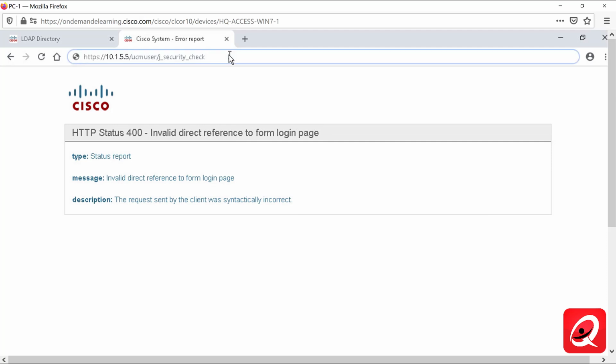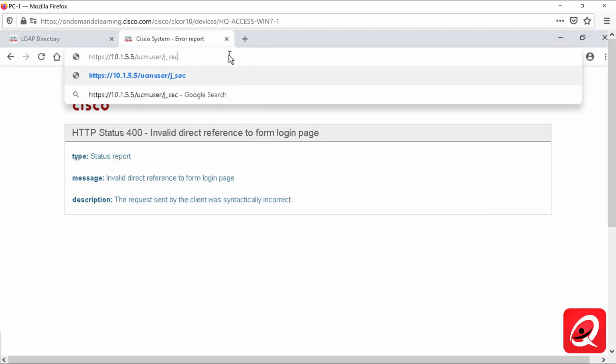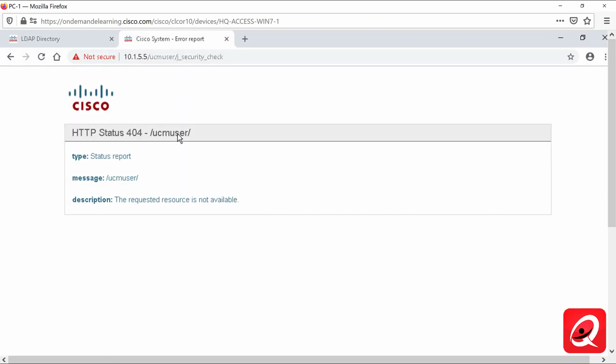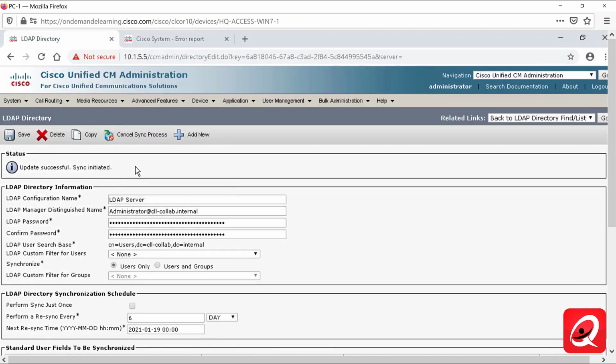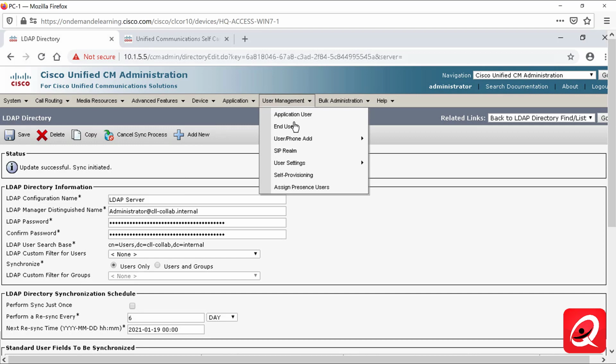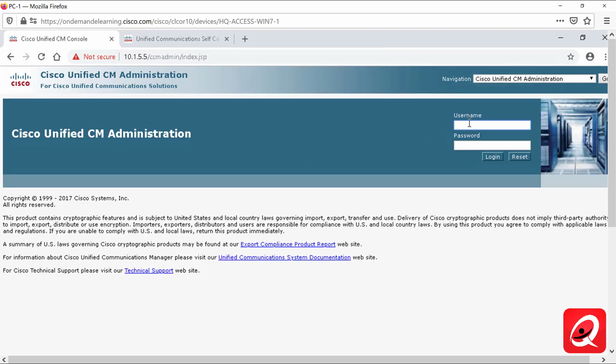Well, that's interesting. Haven't seen that before, logging into the user here. Try that one more time. Oh, that's interesting. Why is it saying that that's not available? All right, I just refreshed the screen and it was able to authenticate. Not sure why I was getting that error previously. Maybe because I was doing an active synchronization at the time and we couldn't authenticate when we were synchronizing. But in any event, we were able to authenticate now with the password that was synchronized from our LDAP directory. And if I go to user management and I go to my end user,